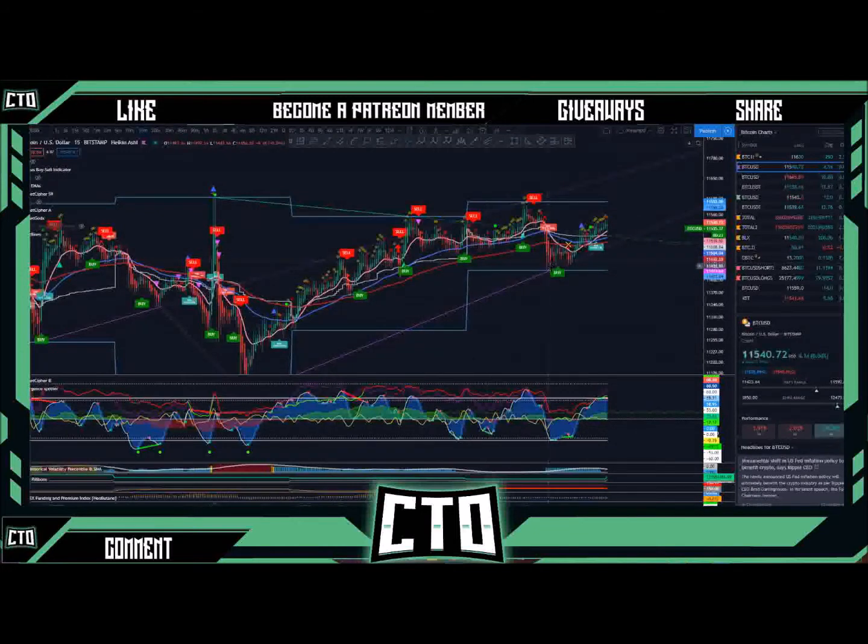We have our pivot low right about the 11,400, and then pivot highs right about 11,500. And honestly, that's a pretty close price range for Bitcoin, I feel like. So these can be equivalent to something like Bollinger Bands if you want to consider that for the Cipher SR as well. But yeah, it is looking very interesting because we've had this kind of steady